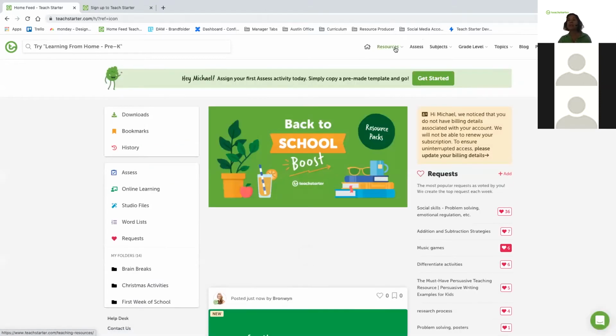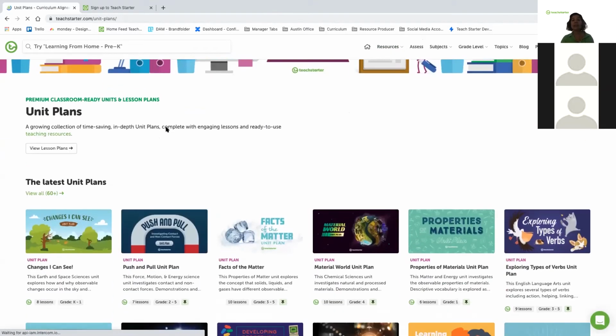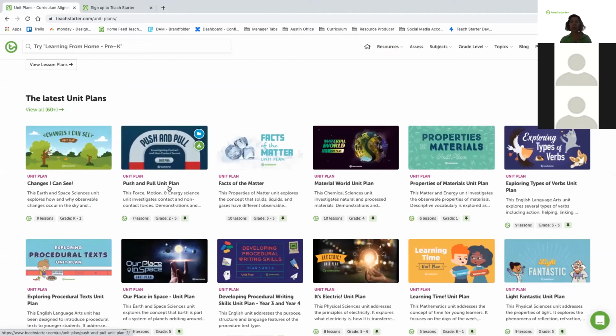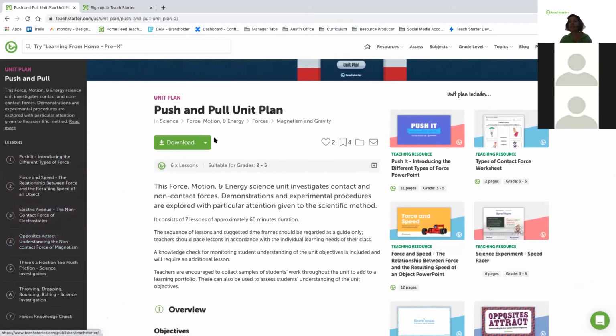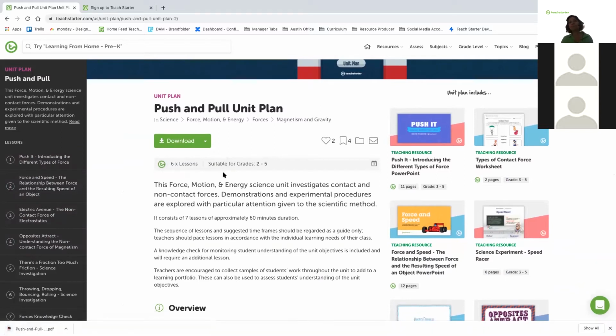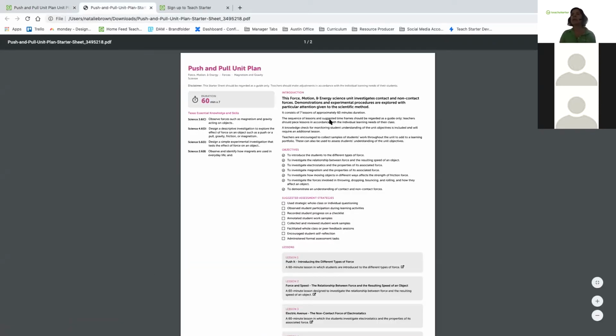You can do the same thing on our unit and lesson plans. It's going to be the same type of thing. However, I'm going to quickly take you through that. It's going to show you all of the different lessons we have. If you come to your download, you can download just the unit plan overview. And what that's going to do is that's going to pull this up. It's going to show you